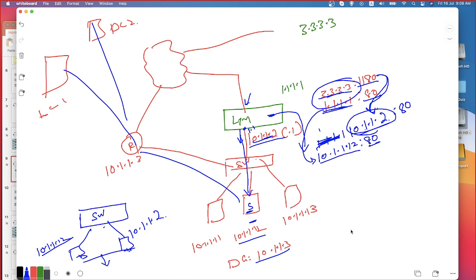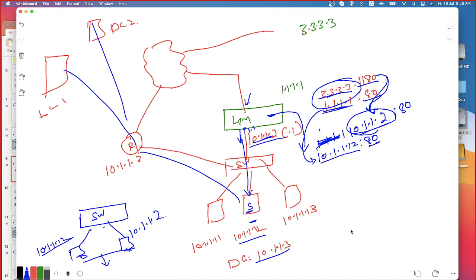Instead, simply say that for any reason, according to the architecture, according to your infrastructure, if the source IP address needs to be translated to your egress interface IP address, your LTM will allow you to do that. That's the point you need to understand. Depending on the routing requirements, if you want the translations to be performed, do it. If you don't want them performed, don't do it. But the point is, by default, LTM will translate the destination IP address, but not the source IP address. Please keep this in your mind.